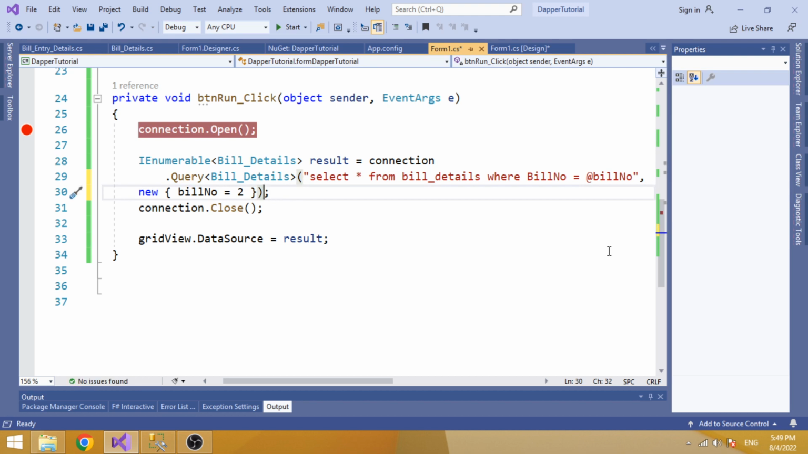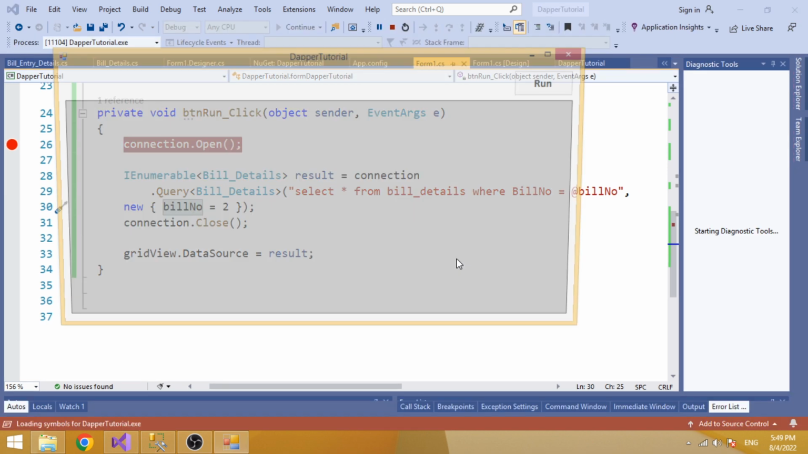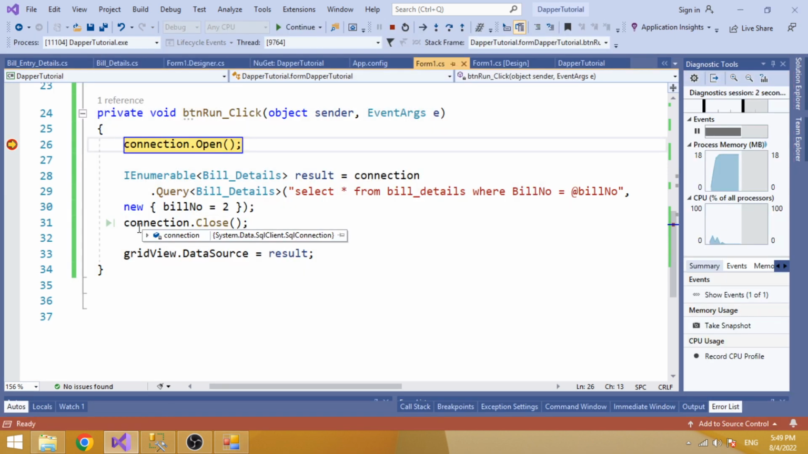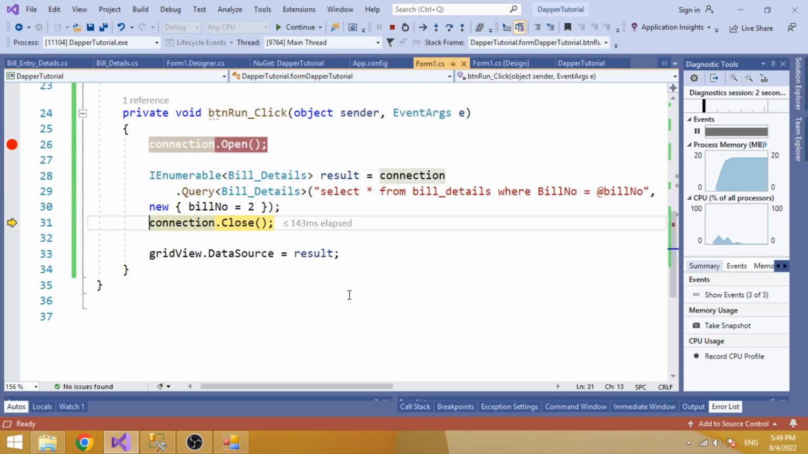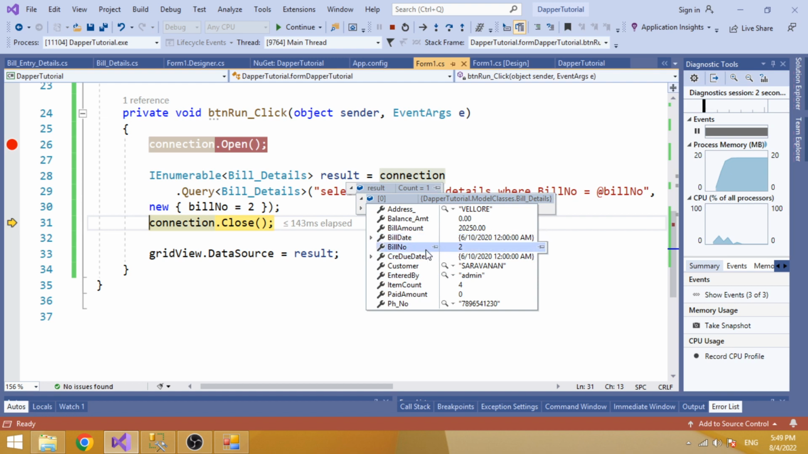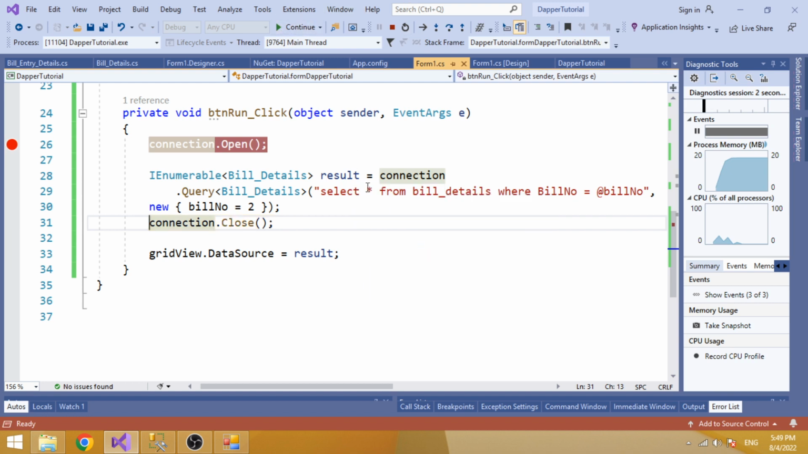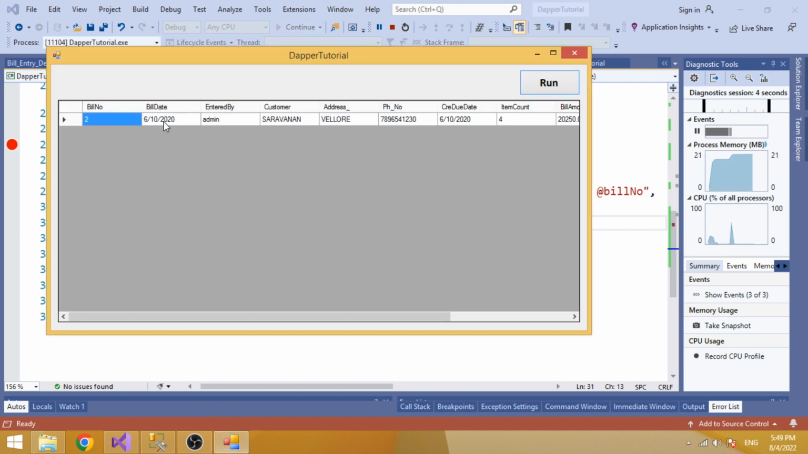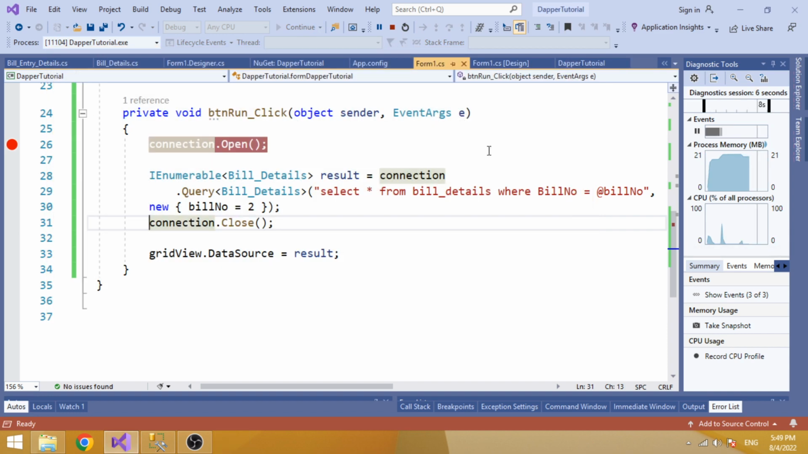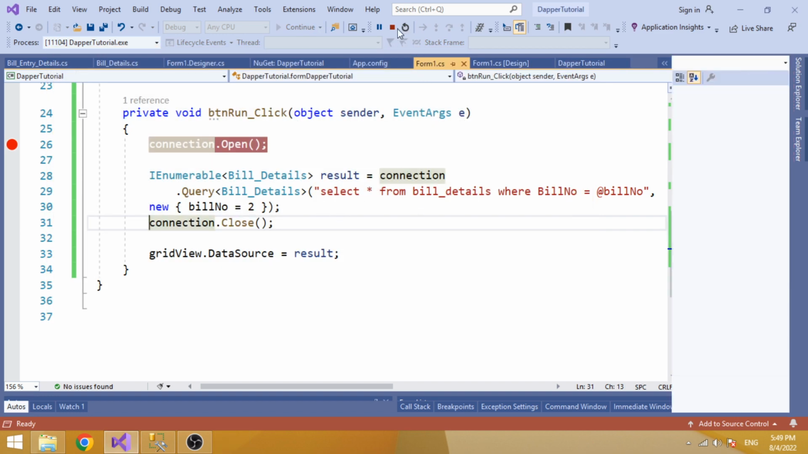Yeah, that's it. So now we are going to get the bill number 2 data, right? And as you can see, we have a breakpoint, and we got the result of bill number 2. Yeah, bill number 2 data. We just bound the data into the grid view. And another way,